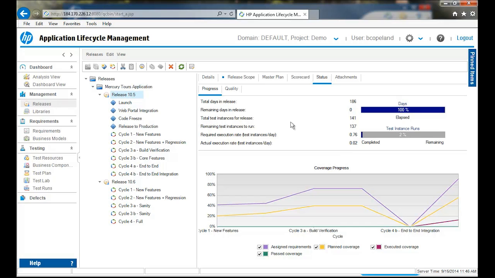So I can now start to manage my testing life cycle at a release level. In the old days, we just had spreadsheets, and we would have to dig through all the spreadsheets to try to identify when we thought we were going to be done with testing. With ALM and the use and leverage of releases, we're able to see what is the total time in our